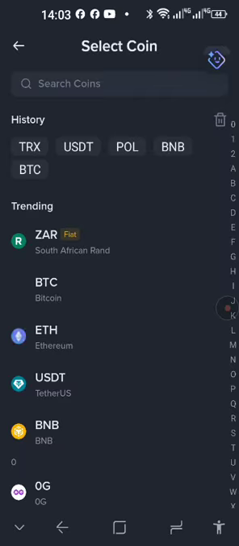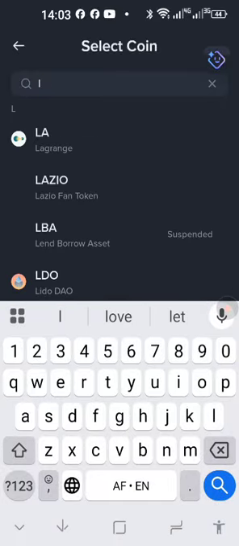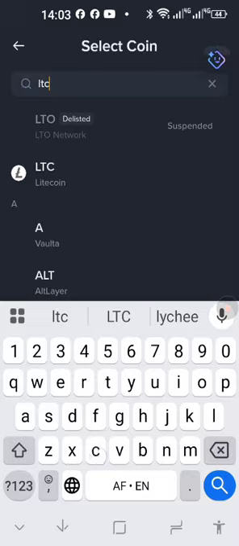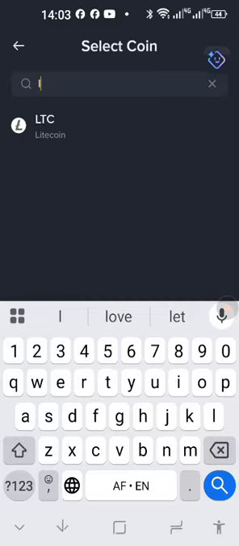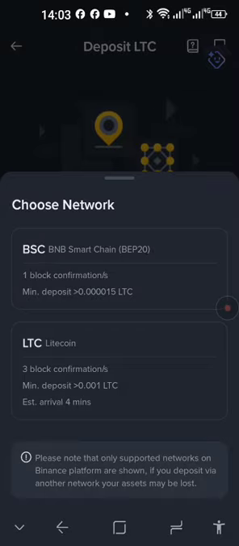And now you're getting all of these options. And now you can just search for whatever coin you want to get your own address, Binance address, deposit address. So let's say if you're looking for your Litecoin address, it's LTC, or you can put in the Litecoin if you don't know the abbreviation. It will still bring up Litecoin. You press on Litecoin. Now there's different networks, and now you must make sure that you choose the correct network. Very important, otherwise you might lose your funds. Alright, or you won't lose it, you will just not know where to go and look for it.